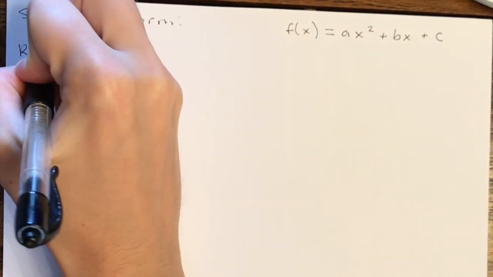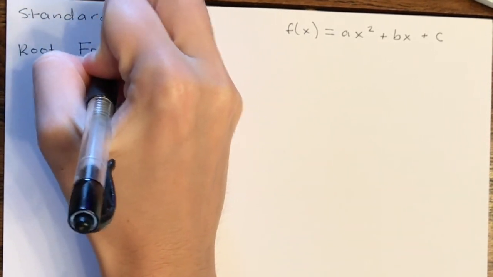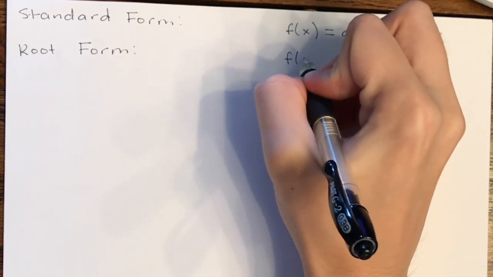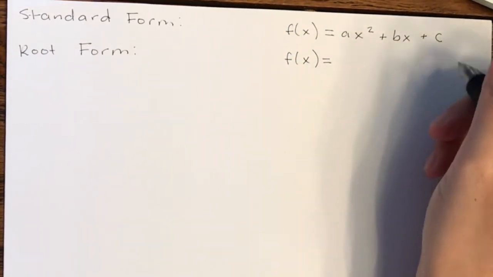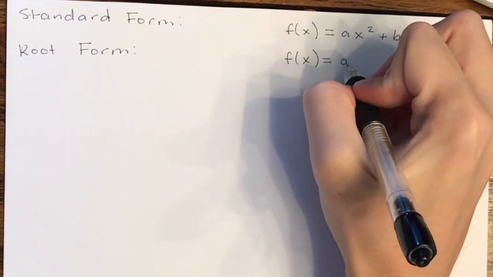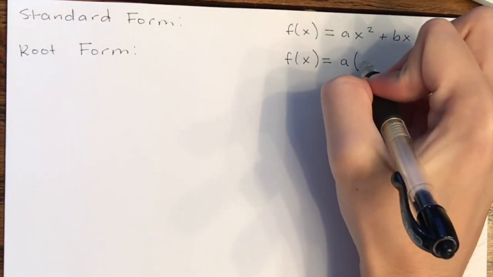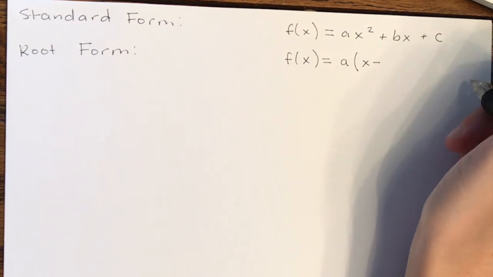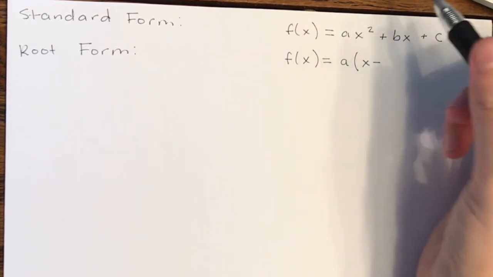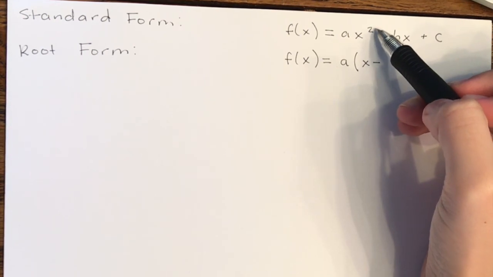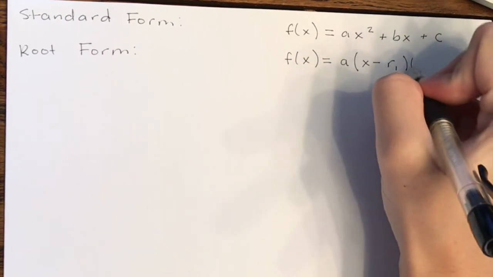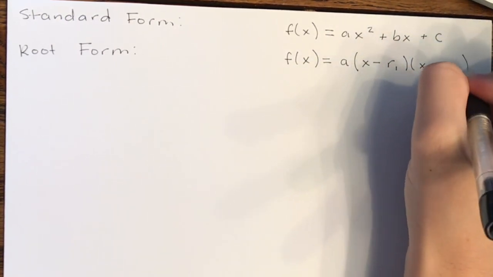Another form we'll see pretty often is root form, right? Root form of a quadratic is also similar to the polynomial form, right? We have our leading coefficient, and then we have x minus, how many roots is a quadratic going to have? Well, remember we have as many roots and factors as our degree. So if we're looking at a polynomial of degree 2, then we have 2 roots and 2 factors,